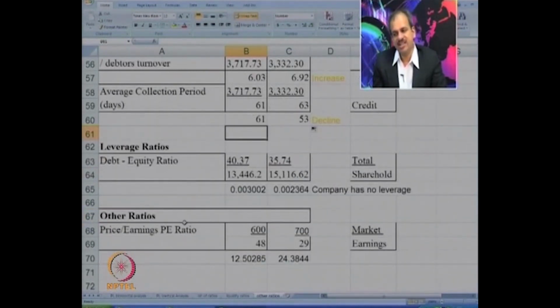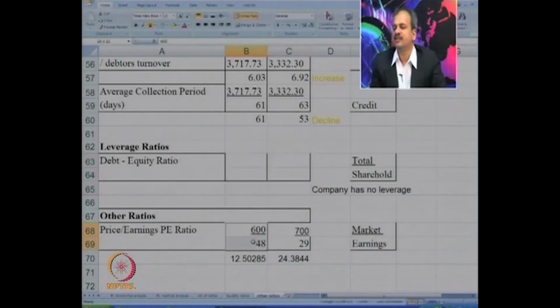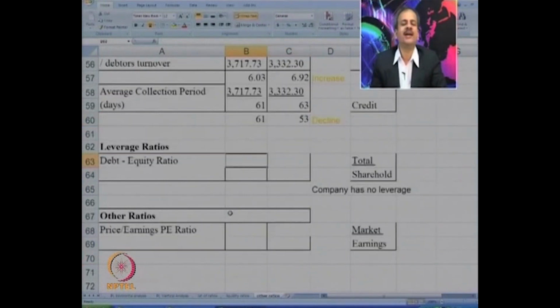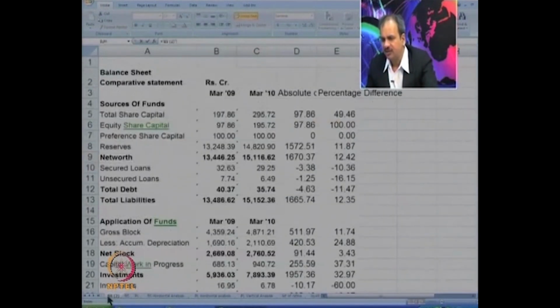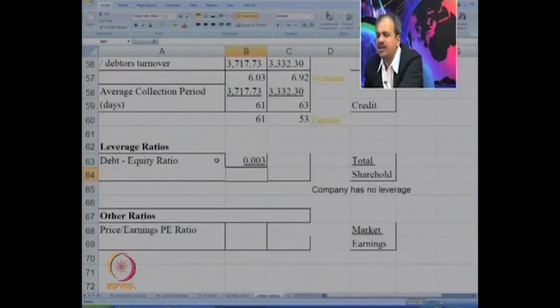The next is leverage ratio. In leverage ratio, I will just delete whatever has been done. So, in leverage ratio, you all know that for a company, we try to link the borrowed funds to owners' funds, or we try to take debt upon equity. Again, it is a balance sheet ratio. So, we will have to go to the balance sheet. So, here we have got the figure of total debt, which we will try to link to,